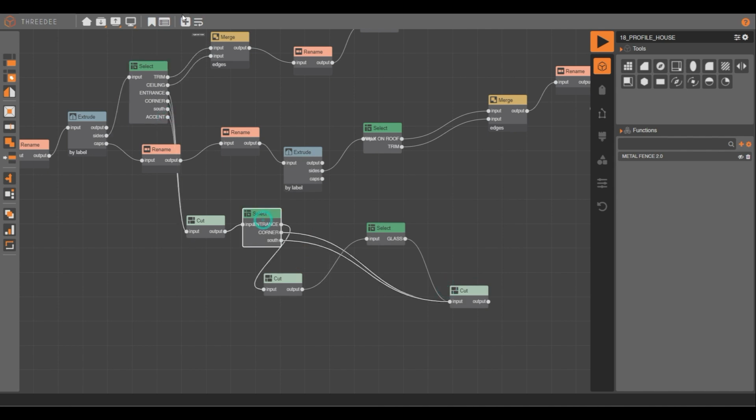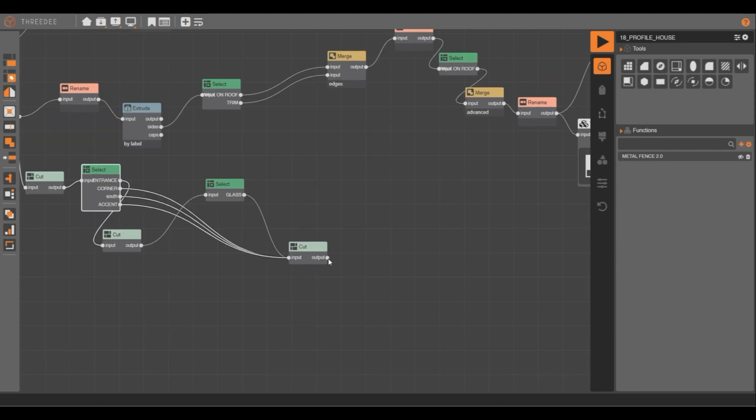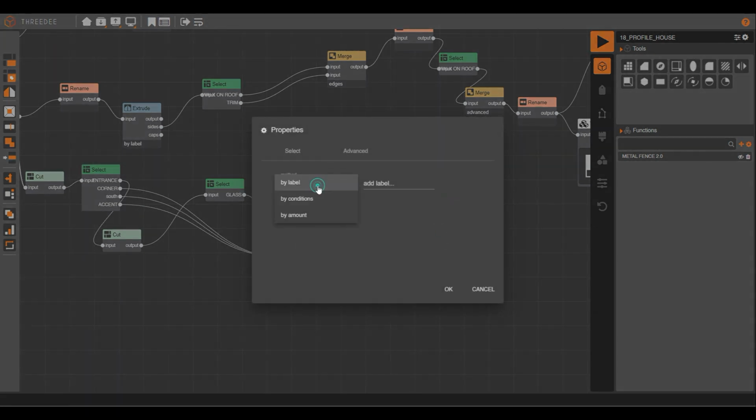Here, then accent here. Right. Then I'm going to select by amount the 50% of those spaces,